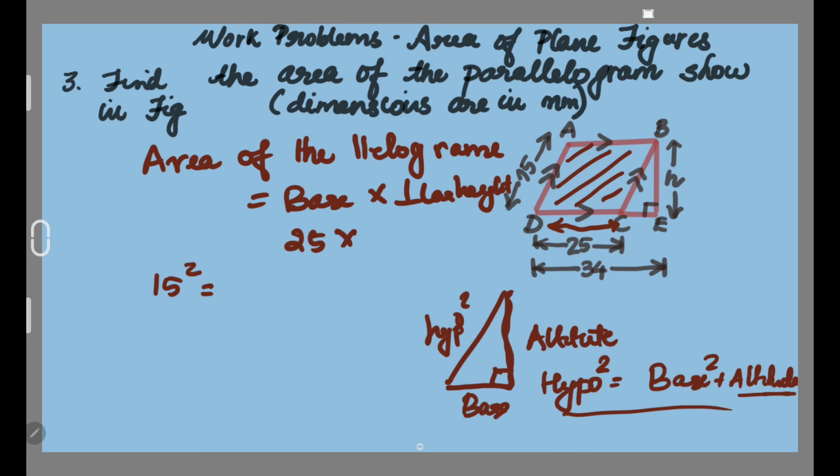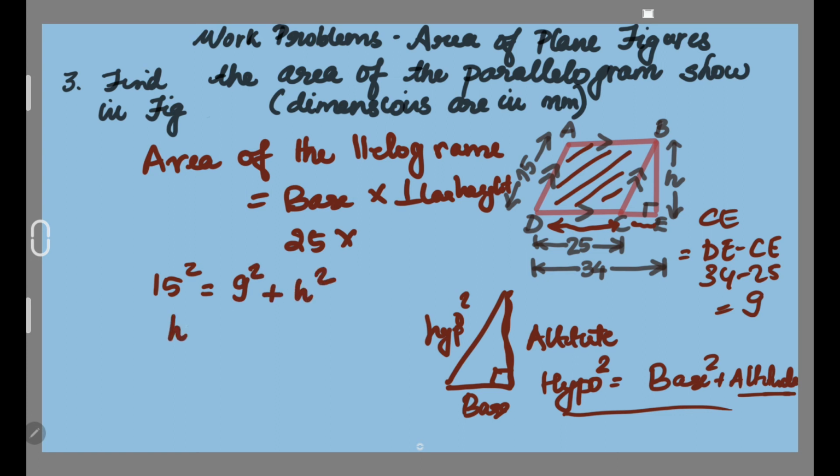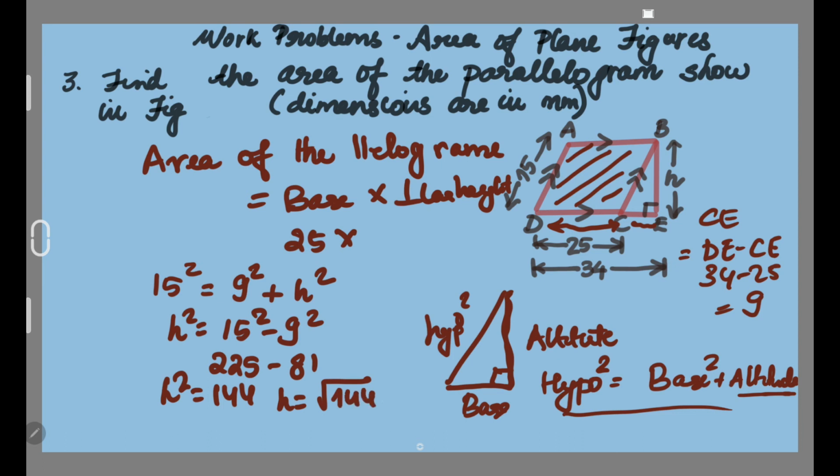Again, the base is what? CE is the base. How to find CE? CE is DE minus CE, that is 34 minus 25, and that is 9. So 9 square, that is the base square, plus altitude square is h square. h square is what? 15 square minus 9 square. Let's find it out. 225 minus 81. So h square is 144 and h is root of 144, plus or minus 12. Minus 12 is neglected. So 12